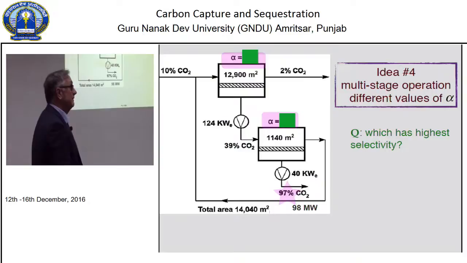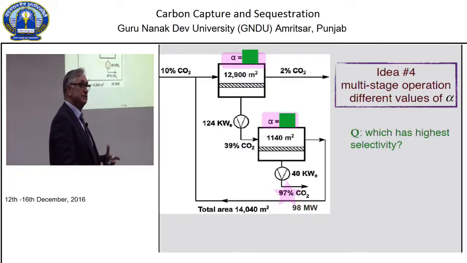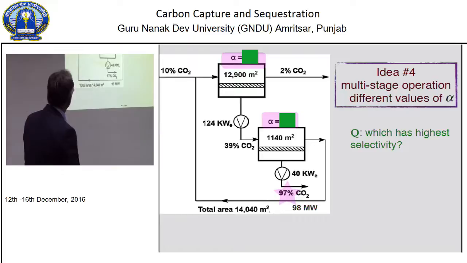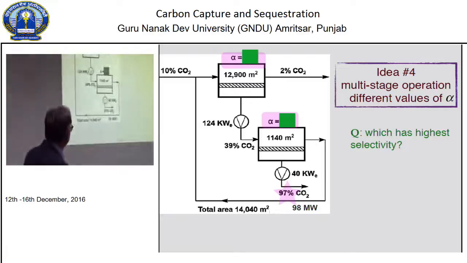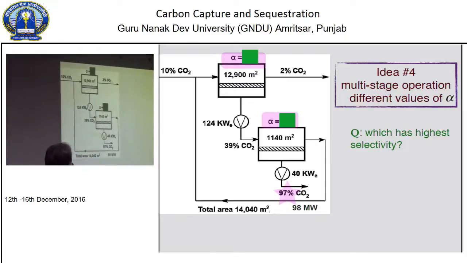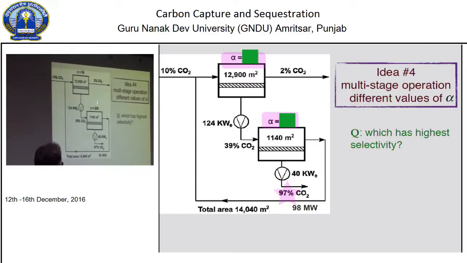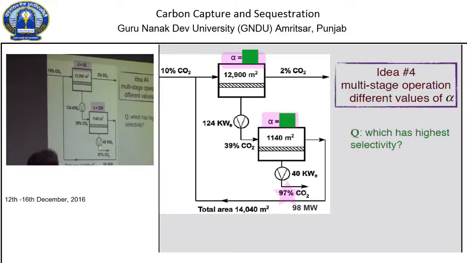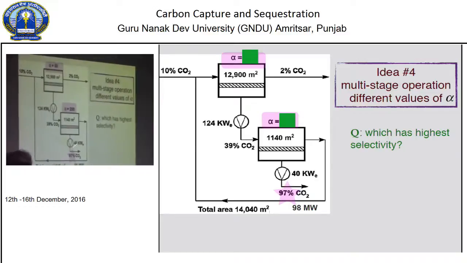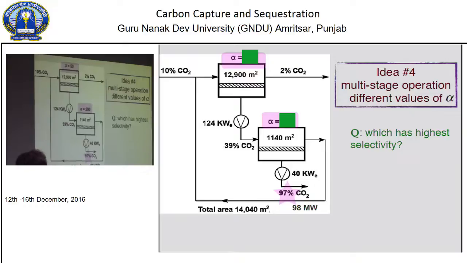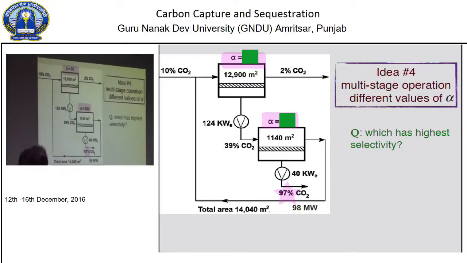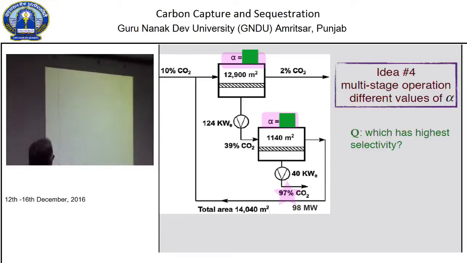What they said is, rather than do this with one membrane, let's do it in two stages. And in one stage, I'll have a huge flow rate, and I have to process a lot of gas. And I'll make the selectivity of that membrane for CO2 less than optimal. And then the second thing will process a lot less gas, and so I can make the selectivity much higher. And in so doing, look, they get 97% CO2. This number is normalized to a different unit, so don't pay attention to that, but you do get 97%